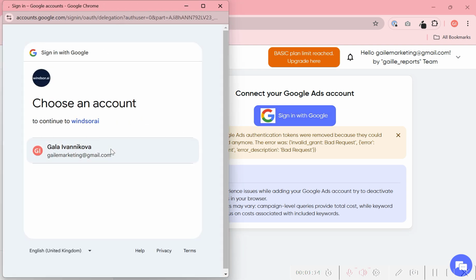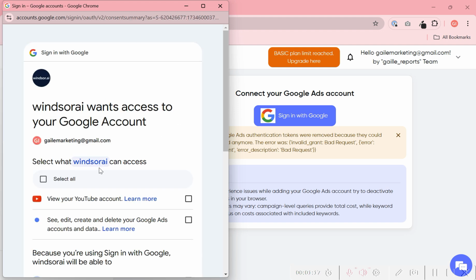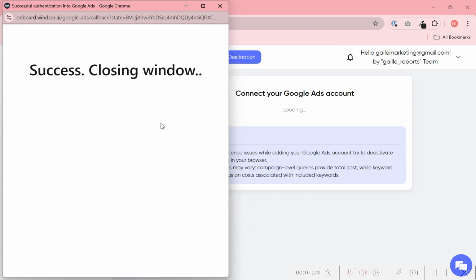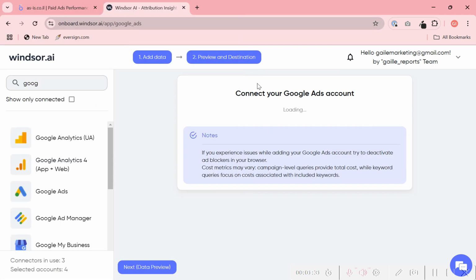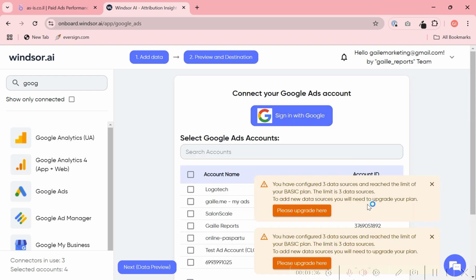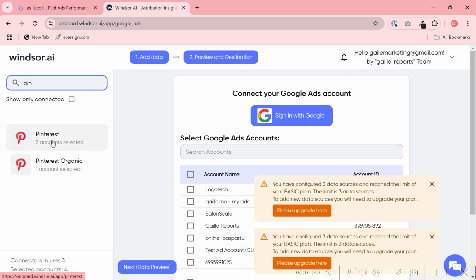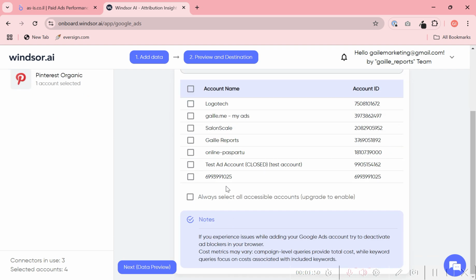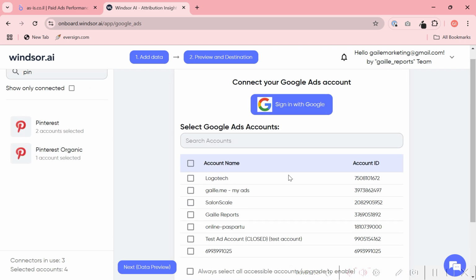Do I have something here? Let's see. So you connect your Google Ads account as well. Basic plan, limit reached. Okay, select all. Continue. I think I have a plan here, so I can do it. Yes, I can select several accounts that I want. I cannot, because I reached my plan limit, I think because I have a Pinterest account connected, so I cannot connect Google Ads. But anyway, you can connect all the Google Ads accounts that you need from your list, and that is it with